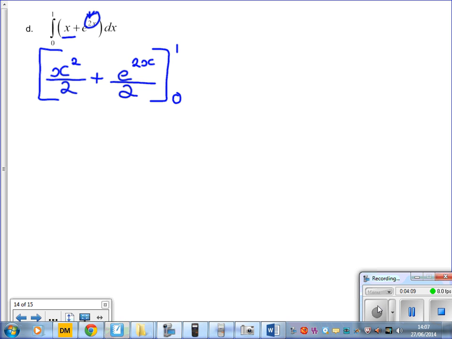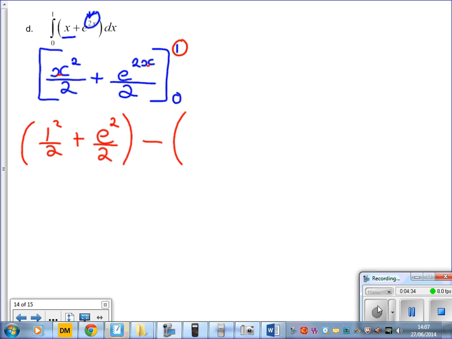So to start with, I'm going to substitute in the 1 for x. So I'll have 1 squared over 2 plus e to the power of 2 times 1 is 2 all over 2. Take away,